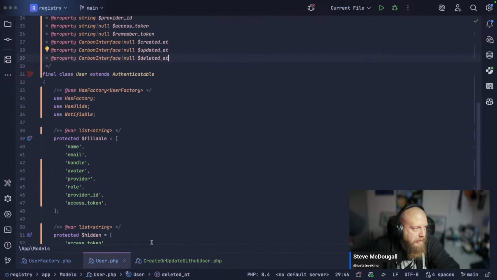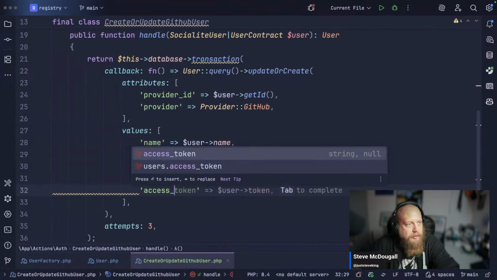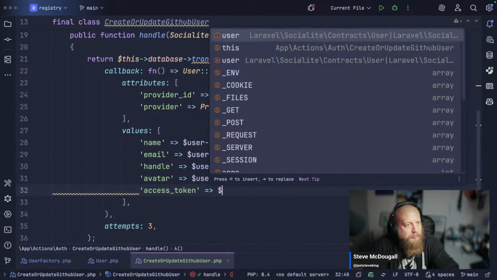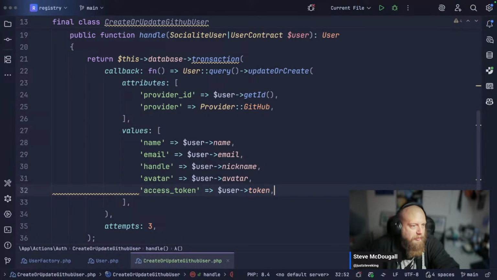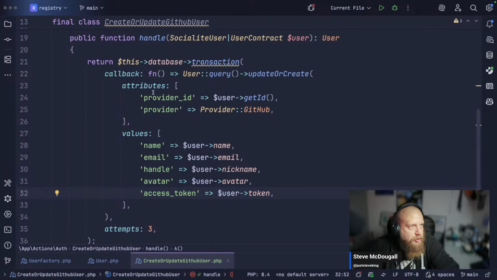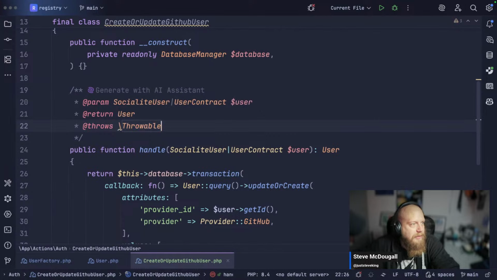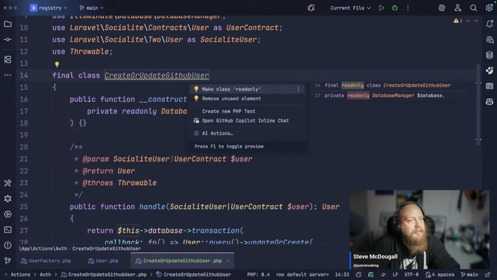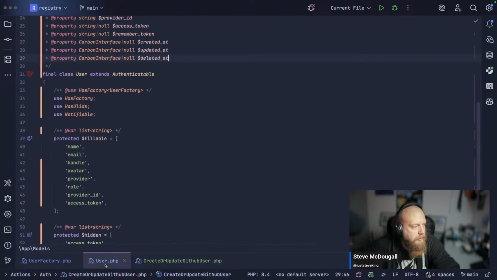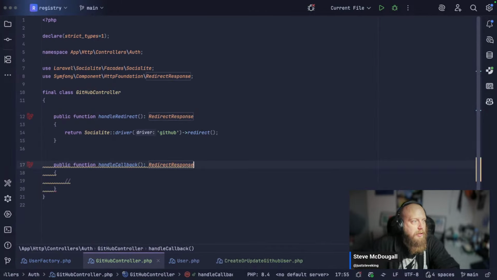What else do we need? Got provider ID. Then we want that access token, I guess. User. We got a token up there as well. So that should just about do it. This will, of course, do that. This could be throwable. And then this can be read-only, which means that in our GitHub controller over here,